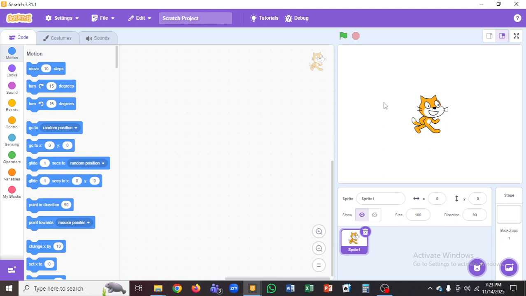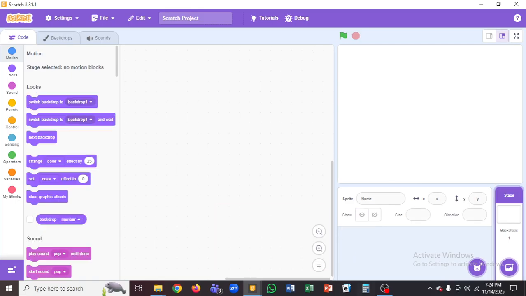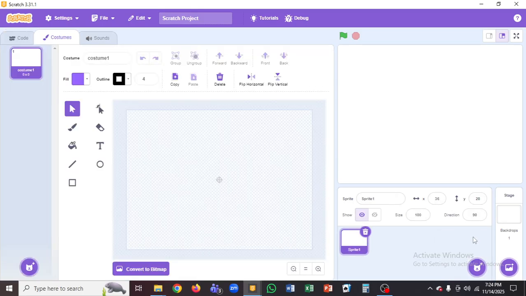Hello guys, today we are going to create a simple snake game in Scratch. So let's begin. The first thing, like always, is we're going to delete our default sprite. Then we're going to go to choose a sprite. We're going to go to paint a sprite this time because we have to make it perfect like a snake